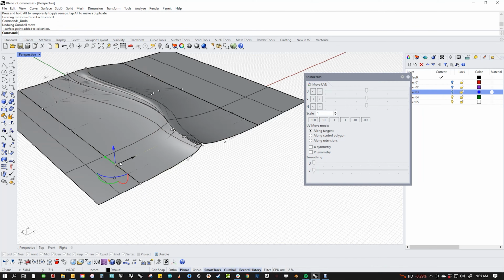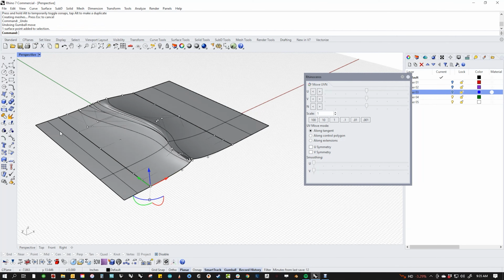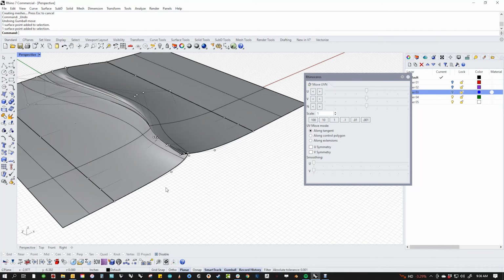If I mess with any of these points, I'm going to create a tear in the surface, and then obviously it won't join. So I'm going to leave this entire row alone, and I'm going to leave this entire row alone. So we never want to really select that. It would be cool if we could just select a row of points and lock them, but we can't do that just yet. So what I'm going to do is grab all of these points inside,